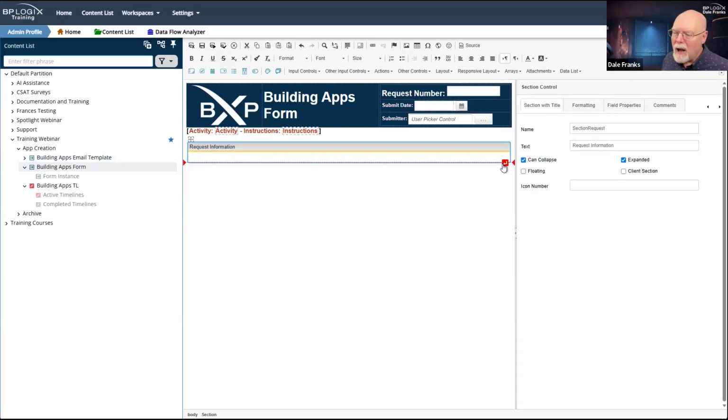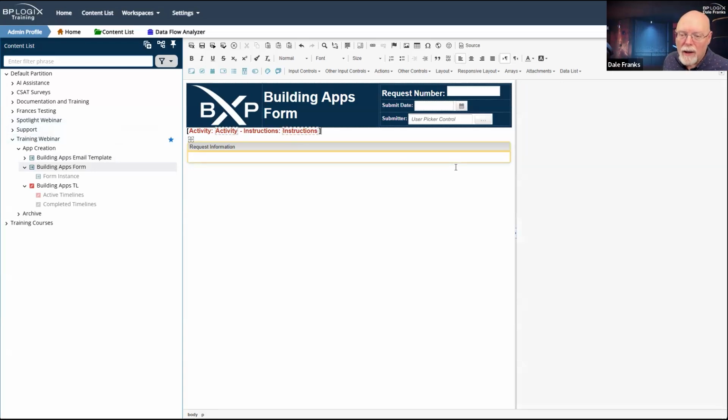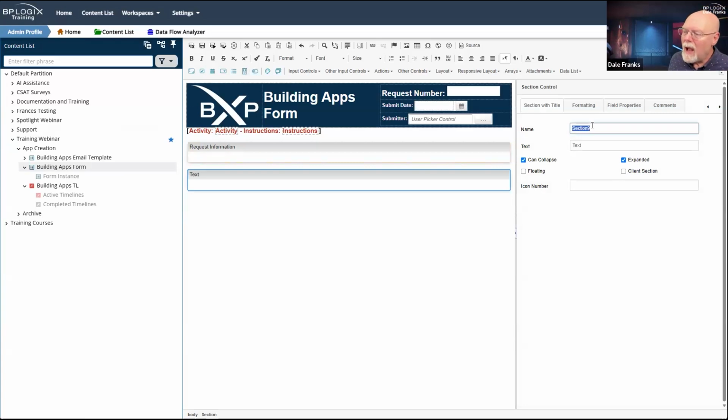Now note, this is here to help you, and I do find it helpful. This little carriage return line. I have dropped in this section control, and it's already down at the bottom of the page. I'm obviously going to need a little extra space there to put in my next section. So I'm going to click the Insert Paragraph Here button. That will move my cursor down there, which enables me to put in my next section. And we'll call this section Approval.